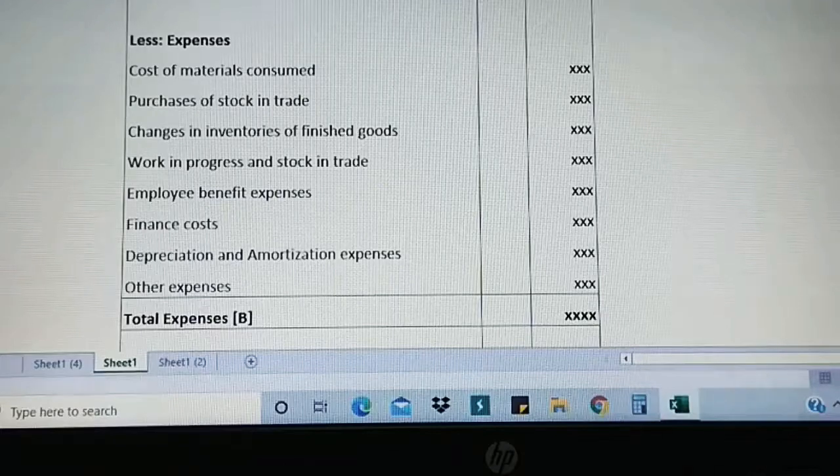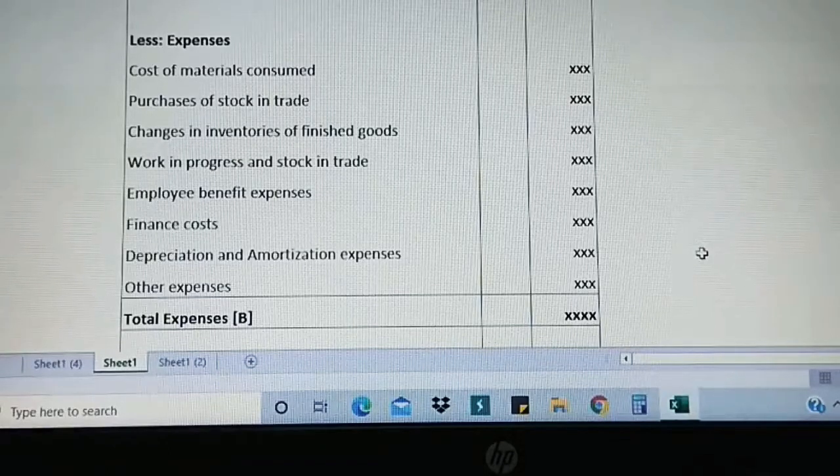Then, moving on to the next, employee benefit expenses. What are these? We have workers or employees working under our company. Imagine this could be your company. If the employees are working for your company, don't we pay them salaries? Don't we pay them certain benefits, like provident fund, that is PF, and ESI, that is insurance? Apart from that, we also provide them entertainment, traveling expenses, and conveyance expenses. So all these which are related to employees have to be considered under employee benefit expenses.